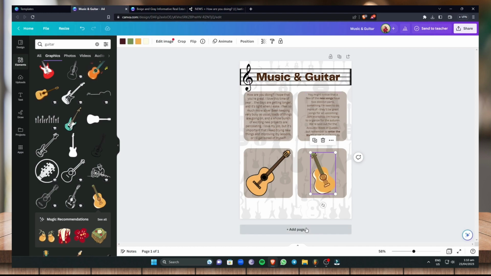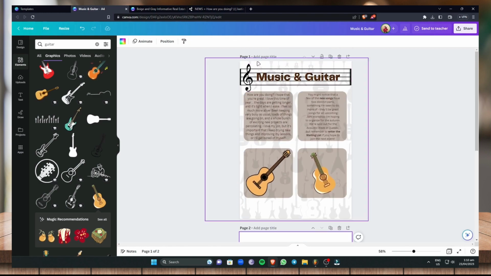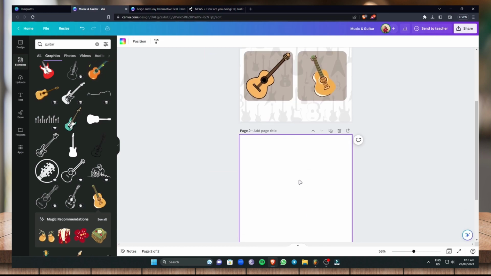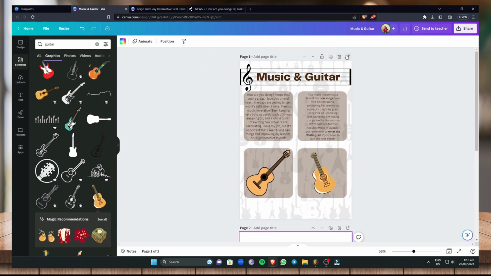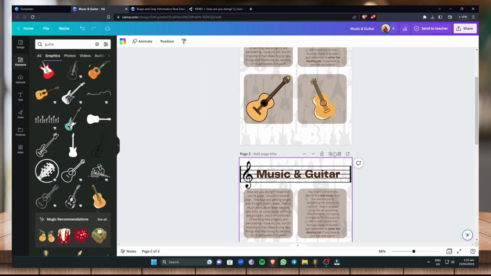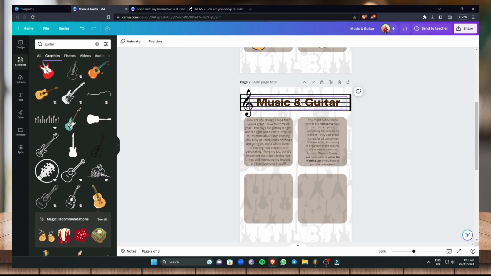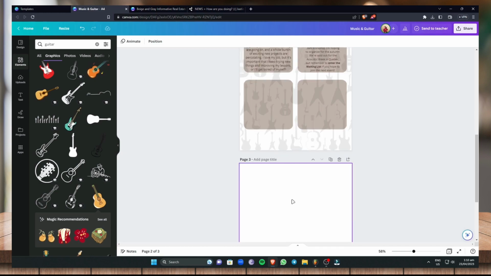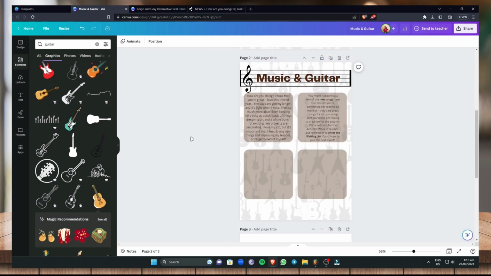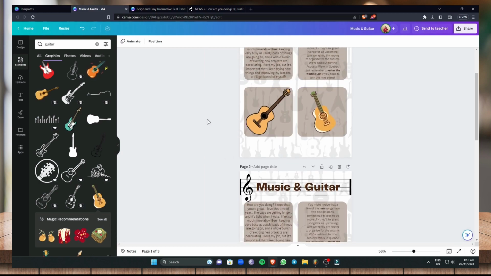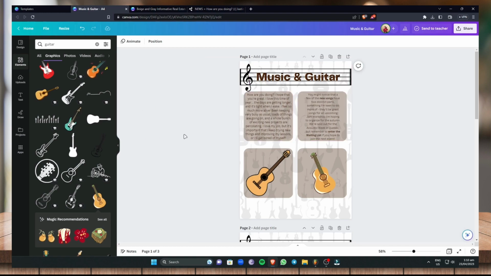So if you want to add another page, just click on add page right here, and if you want to retain the remaining design on the first page and have it on the second page, you can just actually duplicate page right here, and it will automatically duplicate the page, and you can just delete the design that you want to delete and just add a text to this text box, or do whatever you want. So it's basically simple, and it's basically very fun to do this,